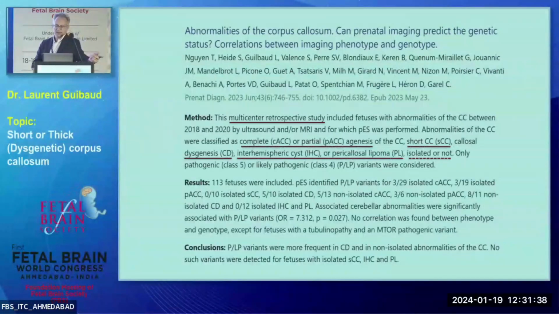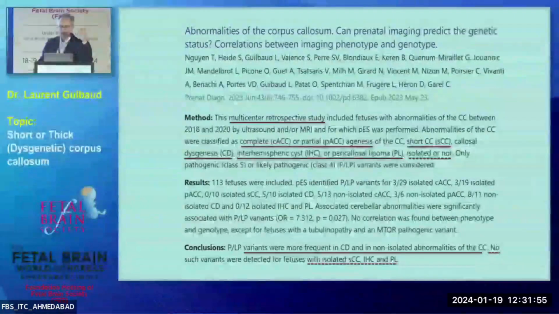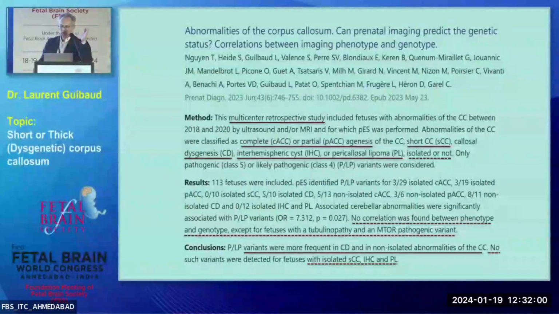In that case, it was isolated or not, and the variants were more frequent in dysgenesis and not isolated anomalies, for sure. And in the case where it was a short, with a normal corpus callosum, no variants, nor also in mechanical dysgenesis. There is no correlation between the phenotype and genotype, except for fetuses with tubulinopathy and mTOR pathologic variant. And for mTOR pathologic variants, it's for sure a very typical phenotype, because we go now to finish with